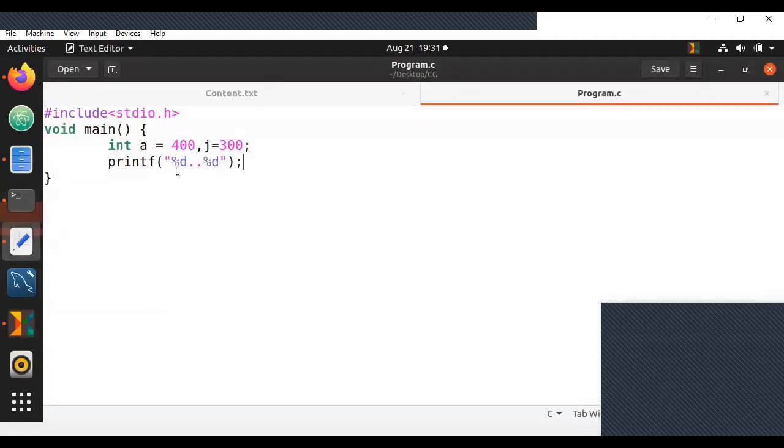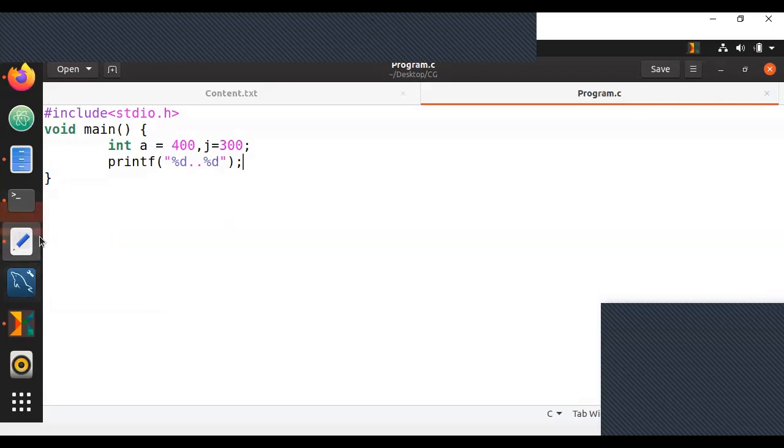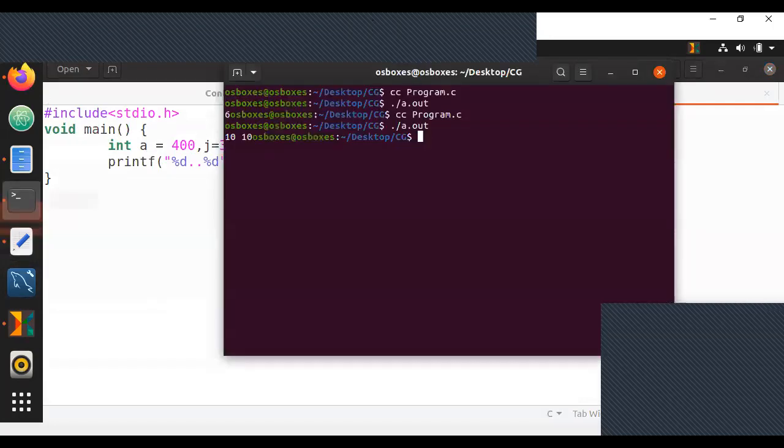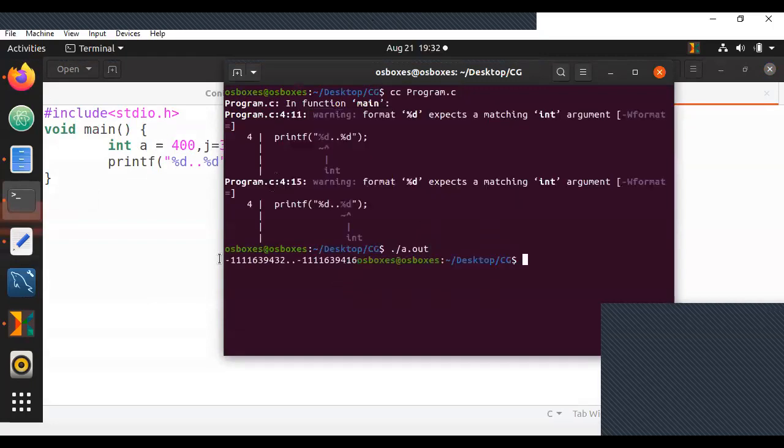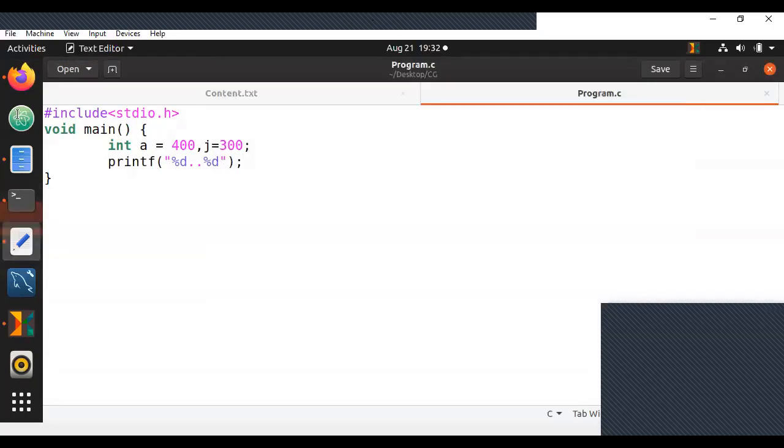But this is the question I want to take because as far as I've seen, Capgemini gives you simple questions, very simple questions, which are generally difficult to solve, but they are very simple questions. So I'm getting an answer as garbage value. All right, let us try because I've got an output as garbage value here. Let me compile this. Of course, there's a warning. Let me execute this. It's printing a garbage value.